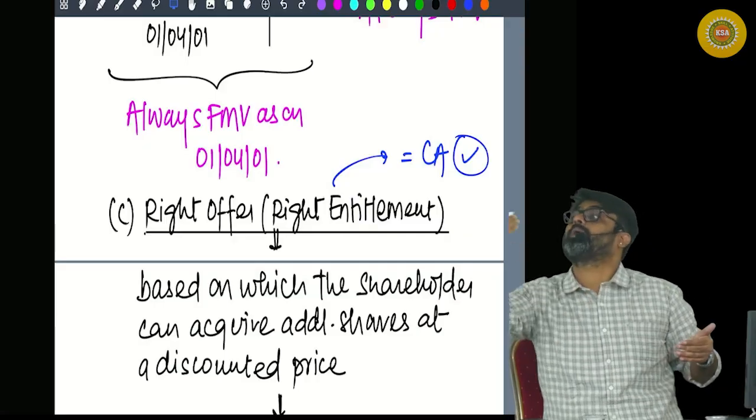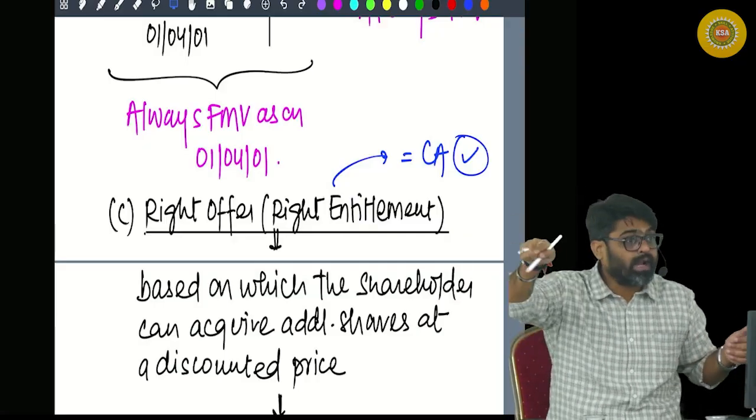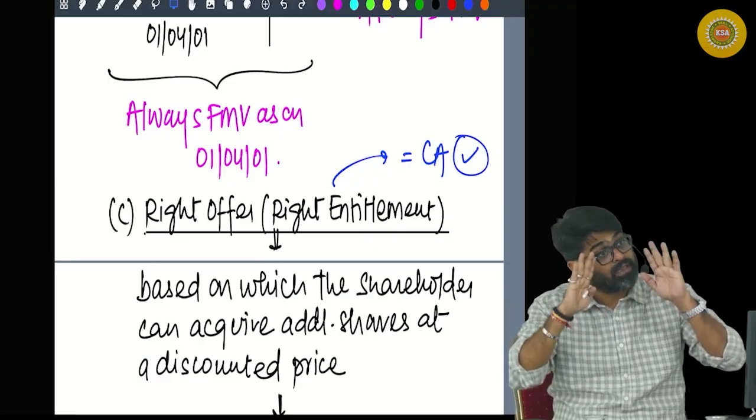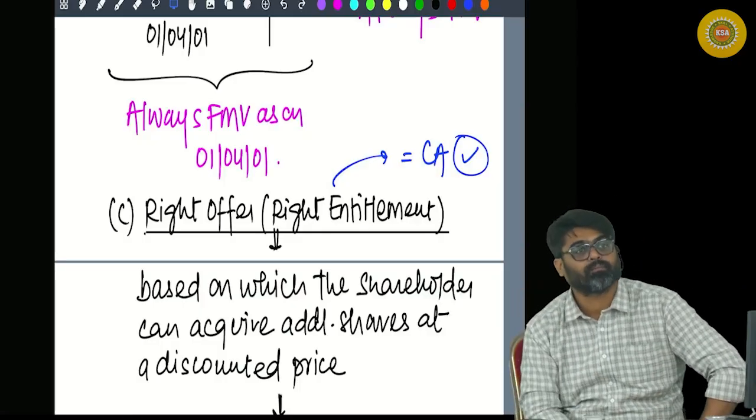The date on which the company offered you, from that date you started holding. And the date on which you renounced in my favor, till that date the period of holding will be taken. And that period of holding will be